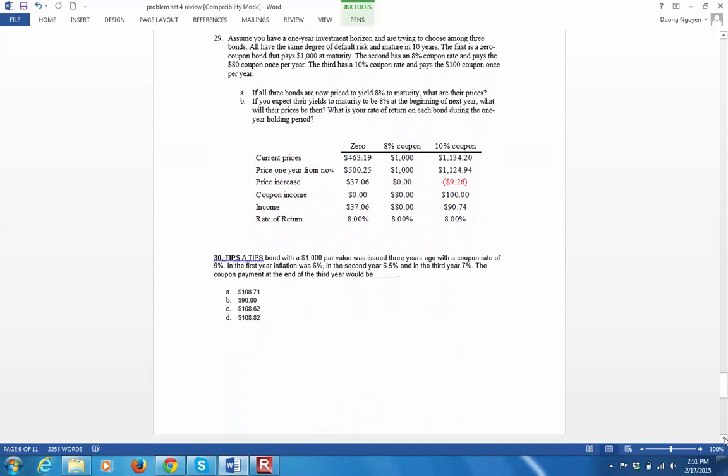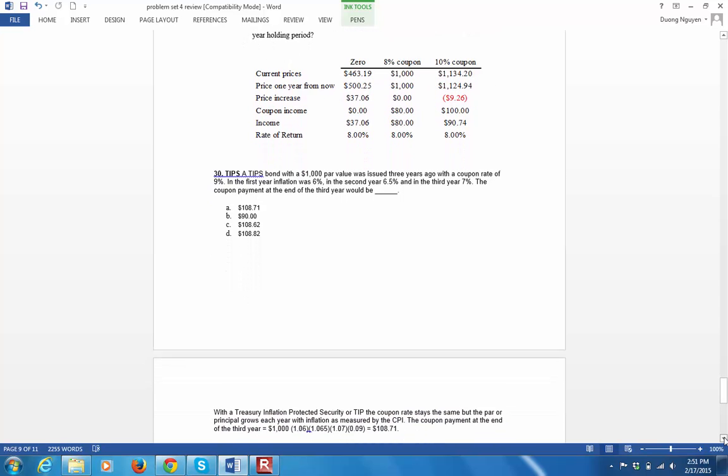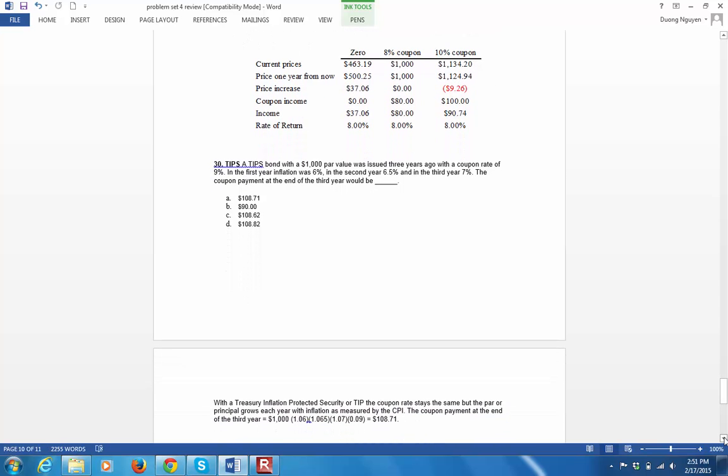Number 29, simple. Now the last question, TIPS. It is a bond that is adjusted for inflation. The question is, what is the coupon payment at the end of the third year? For TIPS, the coupon rate will still equal 9%, but the 9% will be based on the adjusted par value. So the adjusted par value